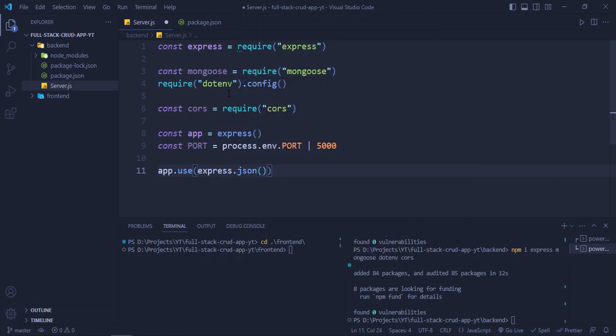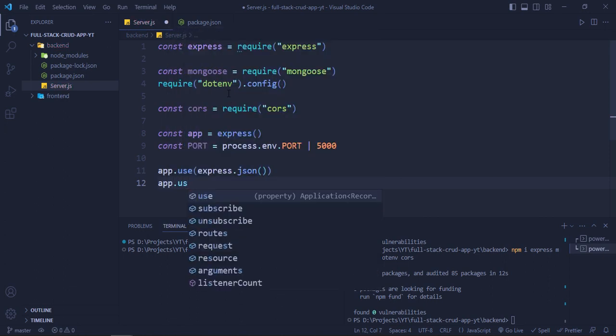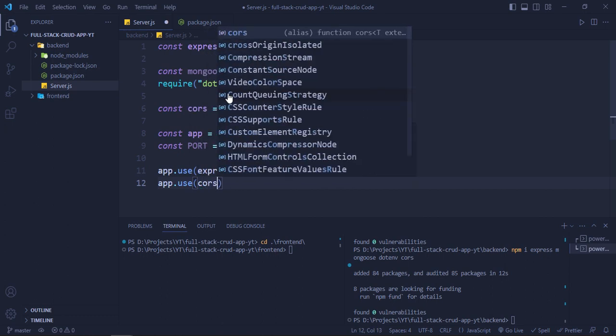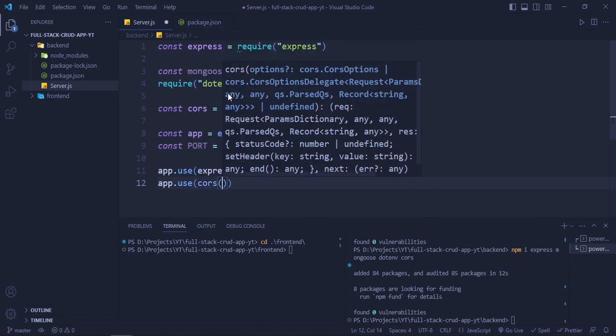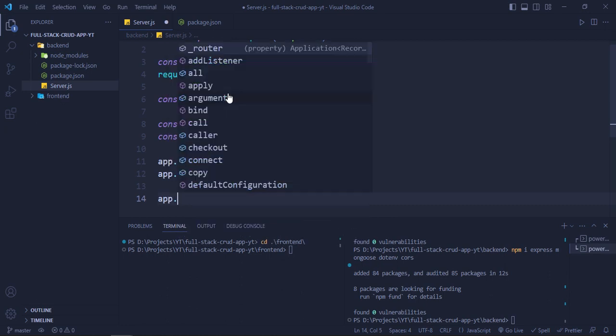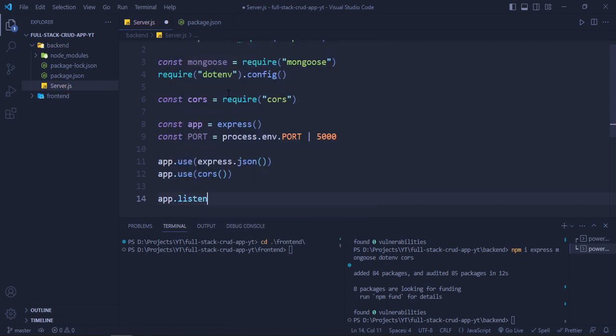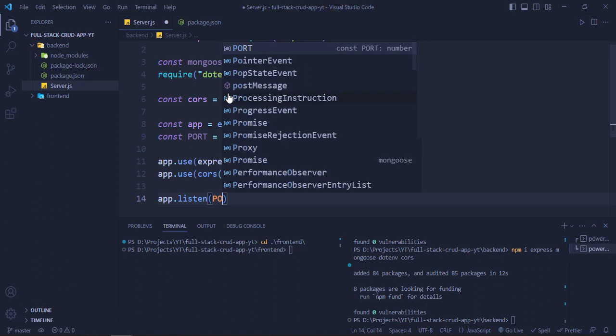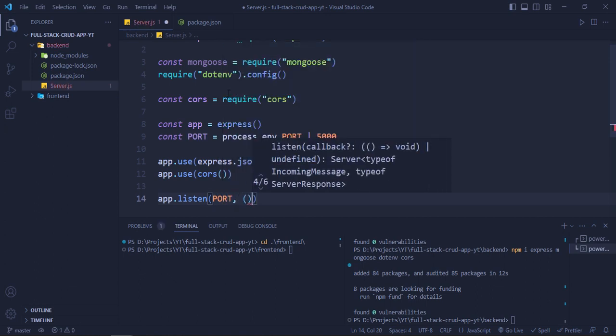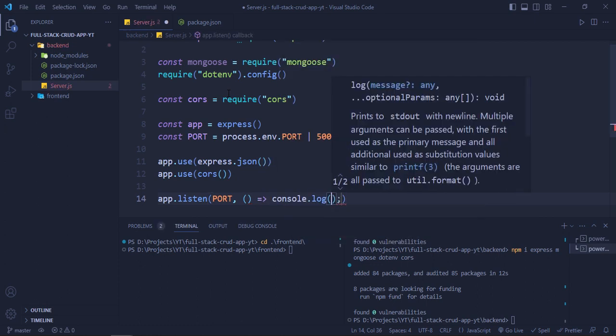Okay, and then we will do app.use(cors()) and invoke it. Now what we are going to do is listen: app.listen at port, and we will pass a callback function with a console log saying